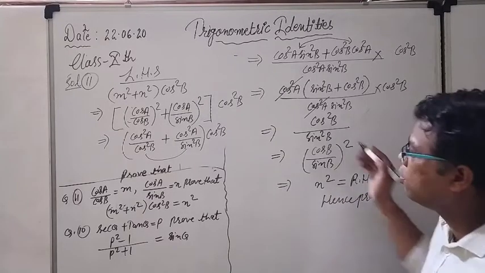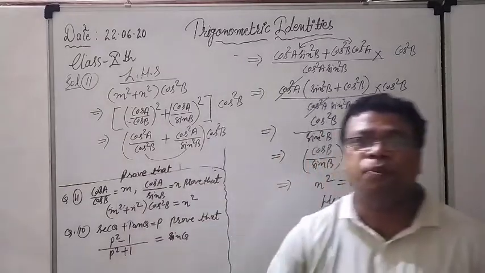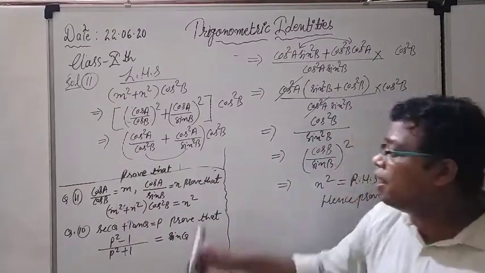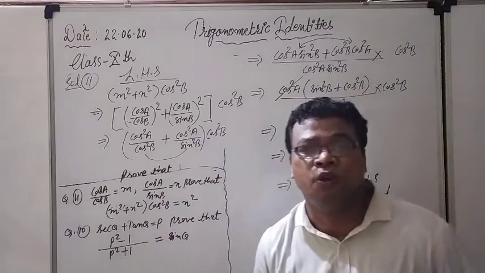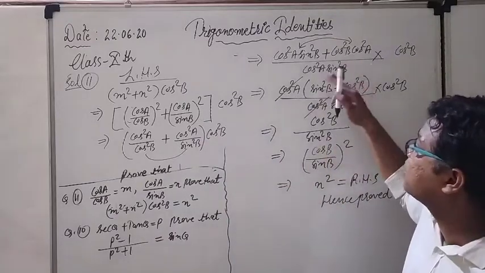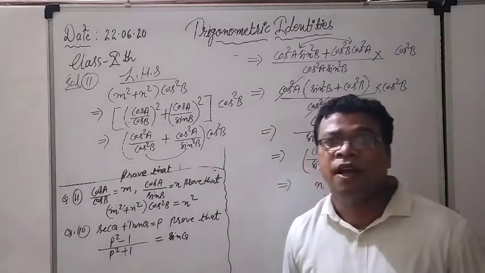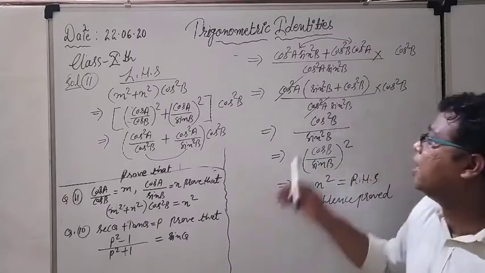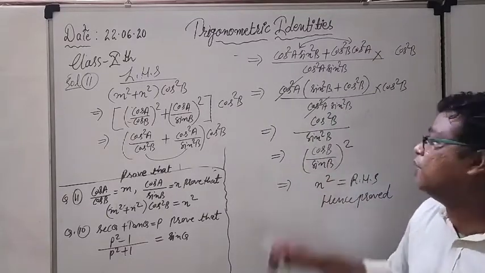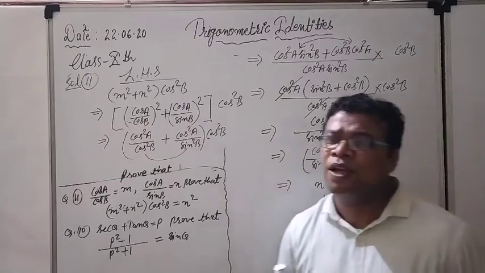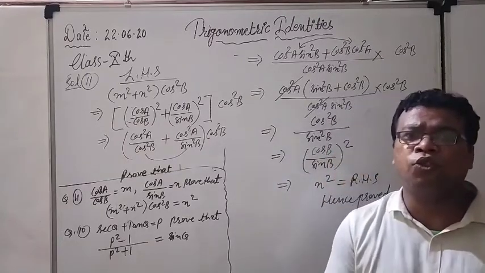So nothing, the solution was very easy. Only putting the values of m and n, and after that only cross multiplication, solving the fractions, and after that some common terms we have to take. And some identities we can identify, since it is coming in the form of an identity, so it will give me 1. And after that we can set the format of the question according to our requirement.